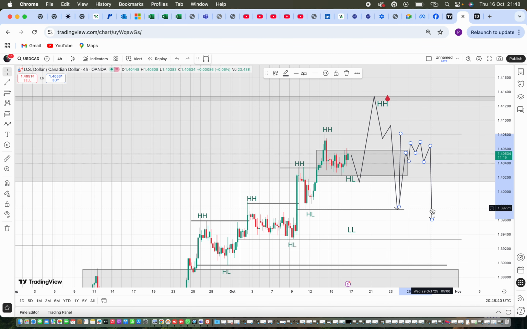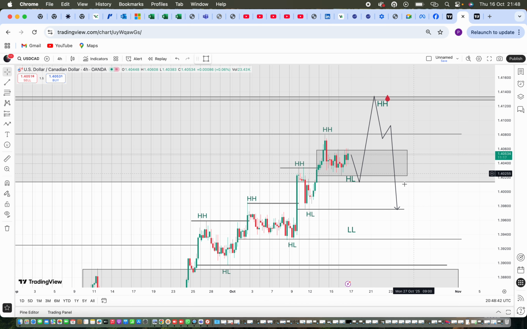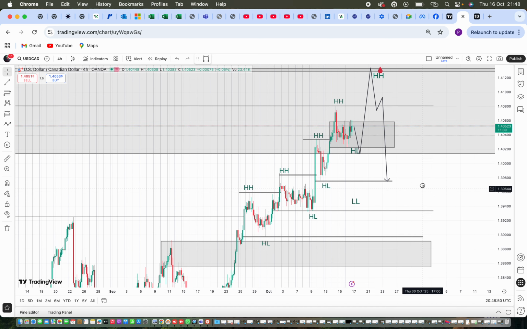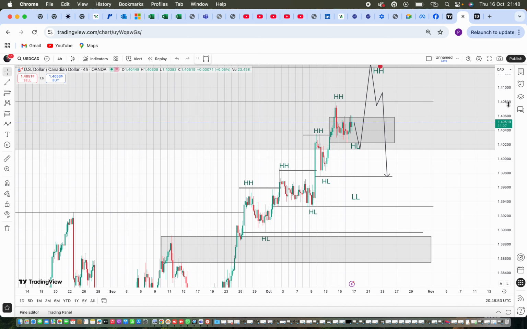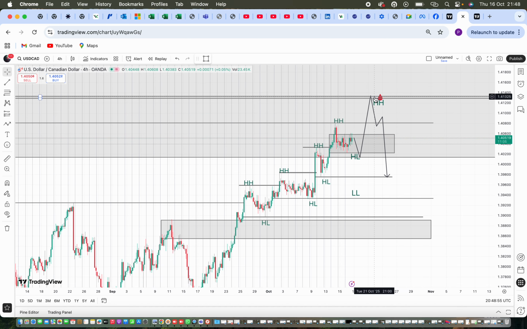So until I see a proper shift of market structure, I'm not going to be engaging on this pair, but I'm actually looking for a possible sell entry on this very pair, because we have been bullish for a while, and on the weekly time frame, like I showed you guys, we have a fair value gap and we need price to fill, let's say 50% or above 50% of it before we see a possible reversal.